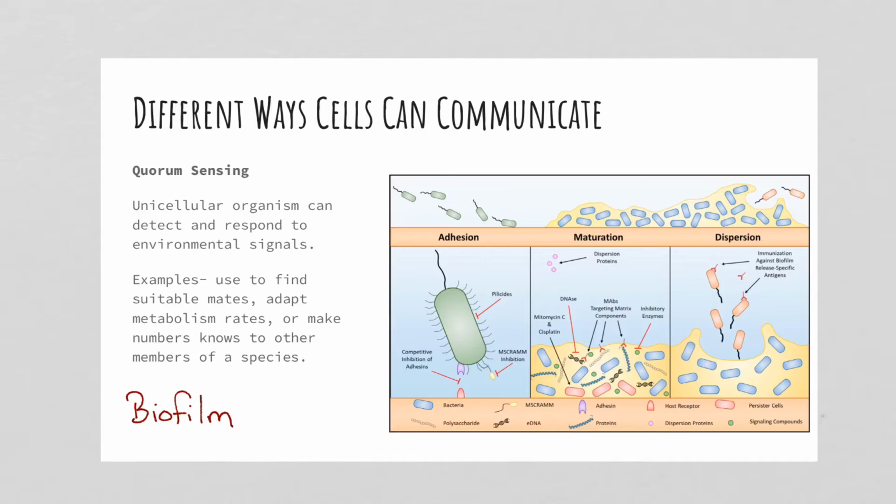This is how they can find suitable conditions, change metabolic rates, or talk to each other about how many organisms they are, because at one point they are going to get rid of some of their cells and pass them on elsewhere if there are too many of them. These are things that are going to change and affect how the body works in some ways. We call that quorum sensing, when they are talking to each other through that film.